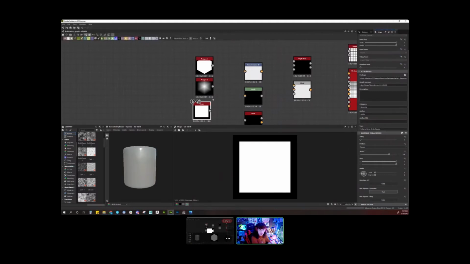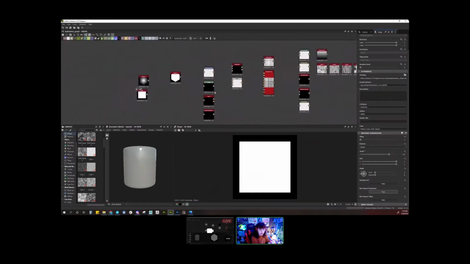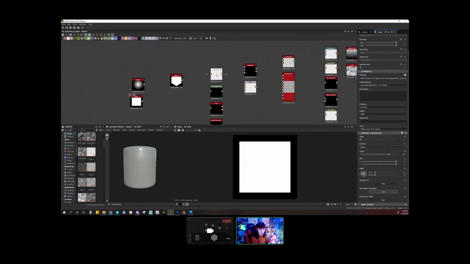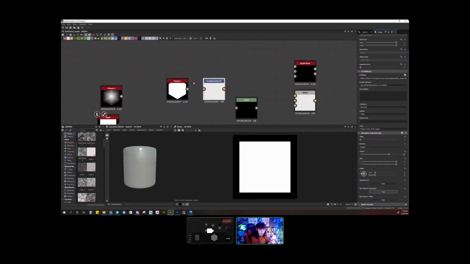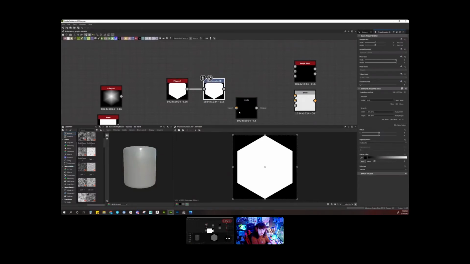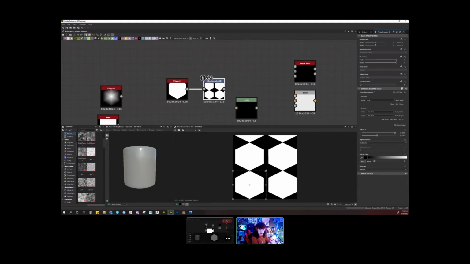But let's say we wanted to make a geometric tile. We'll start with that, right? So I'll take this, and I'll go through each node and how I would work with it. Let's start with transformation 2D. What this node does is it basically allows you to manipulate the node, while